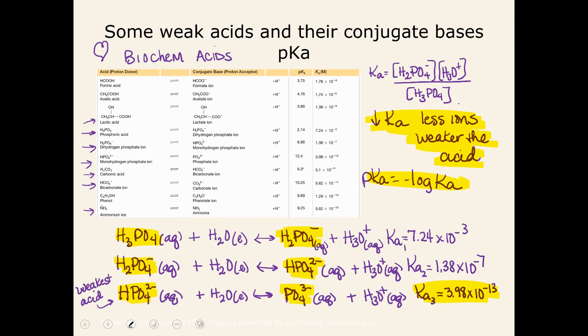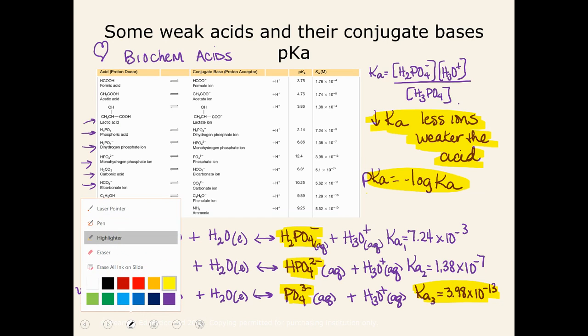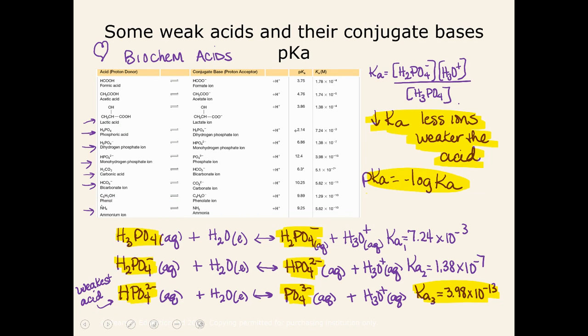And the negative log of the Ka is the pKa. This is just a math manipulation to convert awkward numbers with negative exponents to numbers that are easier to talk about. So take a minute, if you could get a calculator. Let's go ahead and calculate the negative log of these three Kas. They're shown in this table, so you need to double check them if you can come up with them on your own. So, the first one